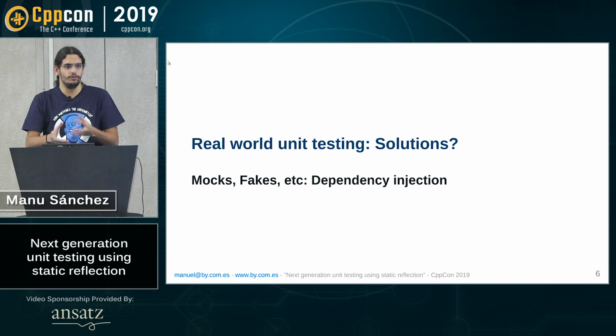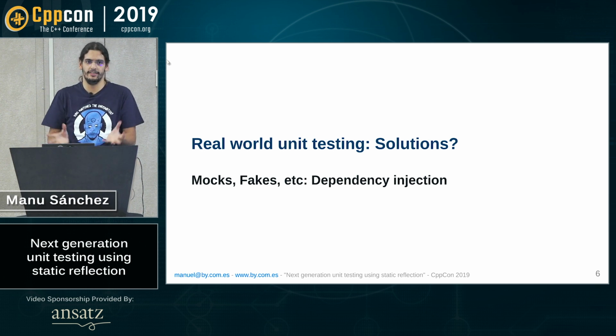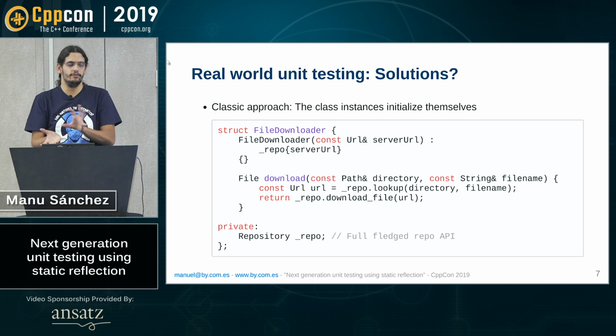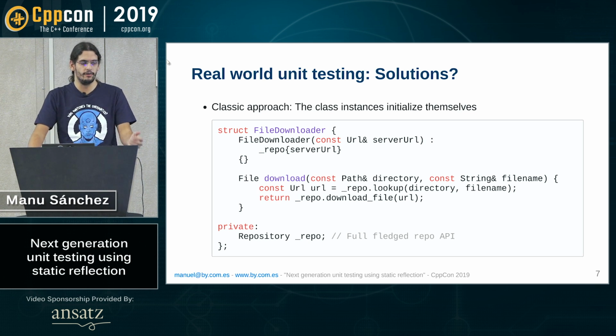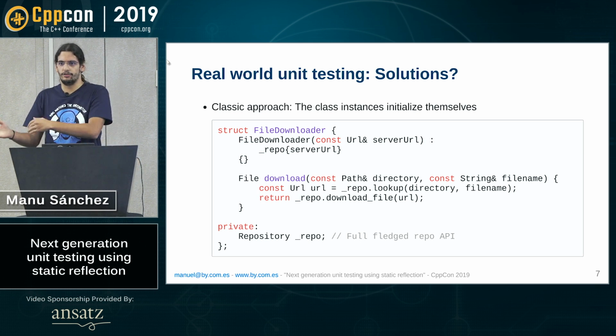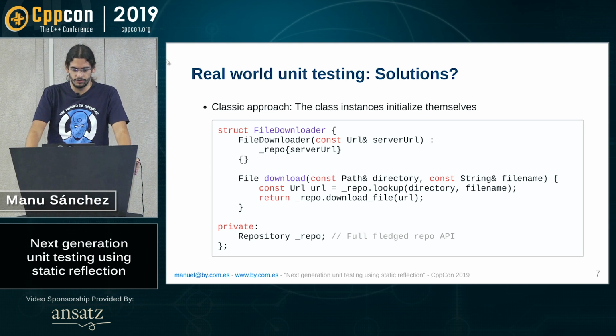What are the usual solutions for these problems? Again, if you take a book, they'll talk about mocking, fakes, spies, stubs, whatever. Everything can be summarized in dependency injection. What does it mean? Take a classical implementation of a module, in the example, a file downloader, that takes a URL to a server to download files, and it resolves the path to a file. You take a path, you take a file name, and it magically resolves the URL for you and downloads the